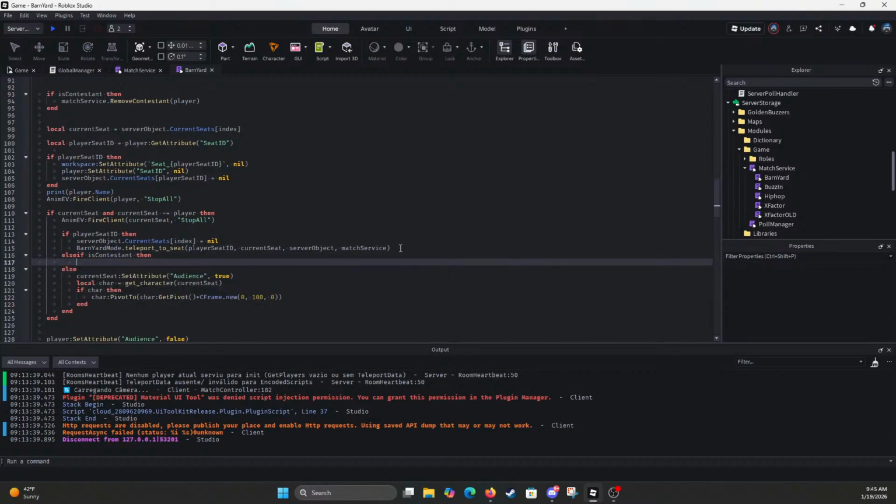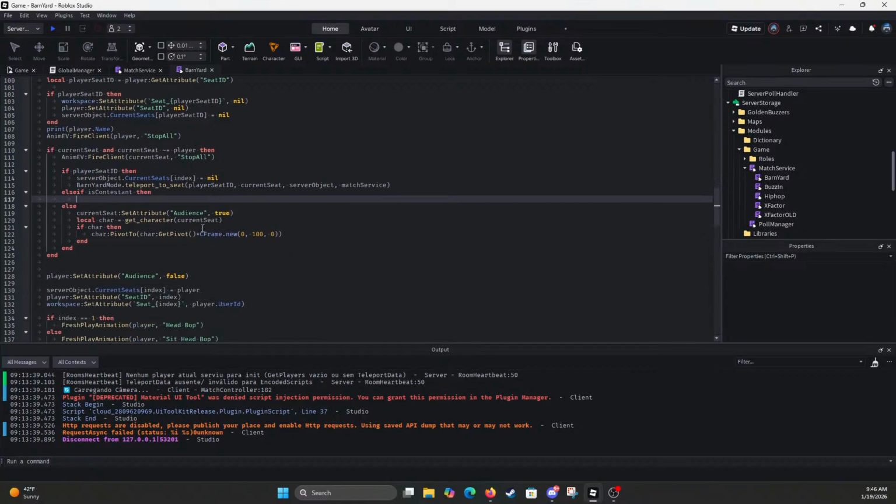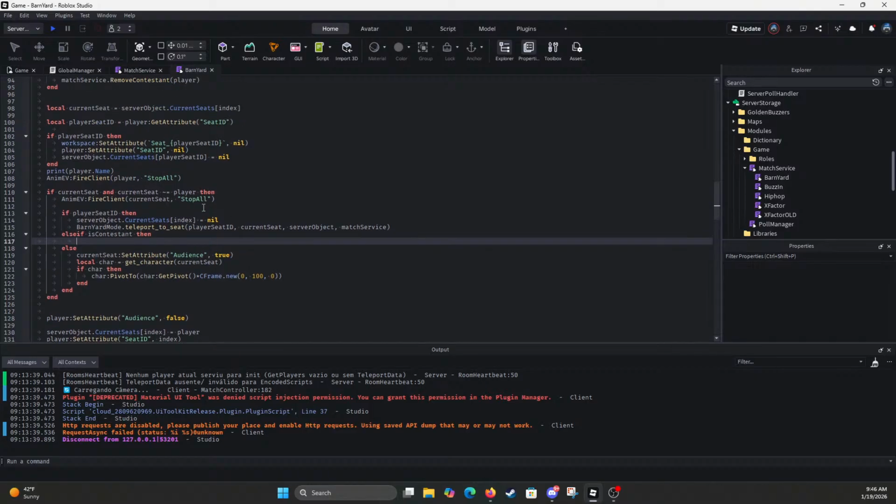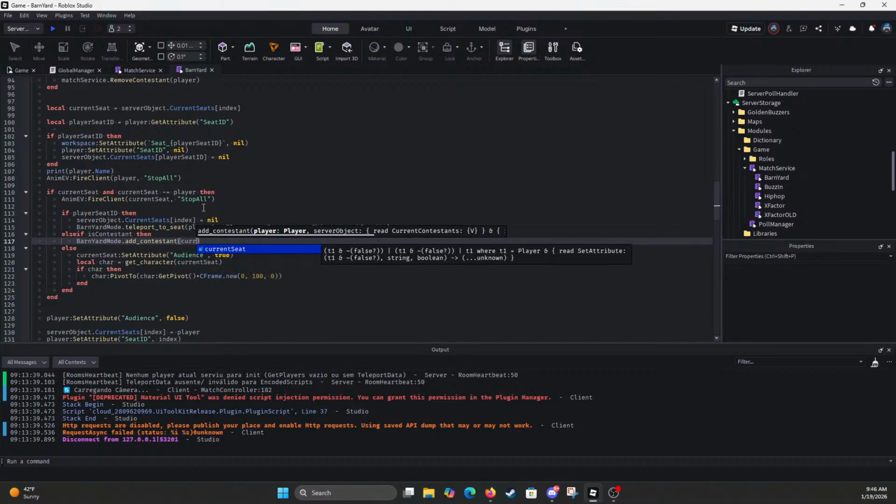we know the current seat. Okay, so that's why it's calling it, because the current seat is wanting to move whoever's in the current seat. But since we know the player calling is a contestant, then we'll just do barnyard mode, add contestant, and then we'll do current seat,